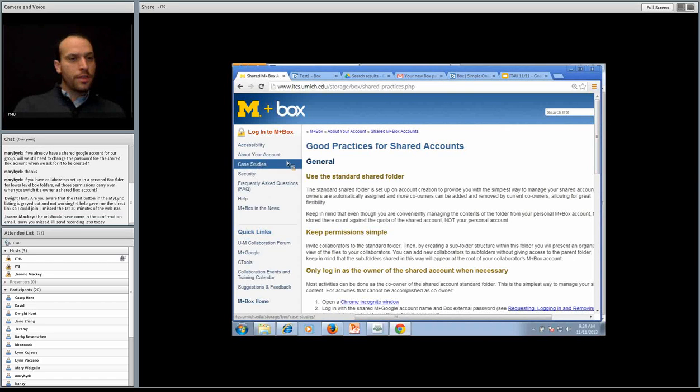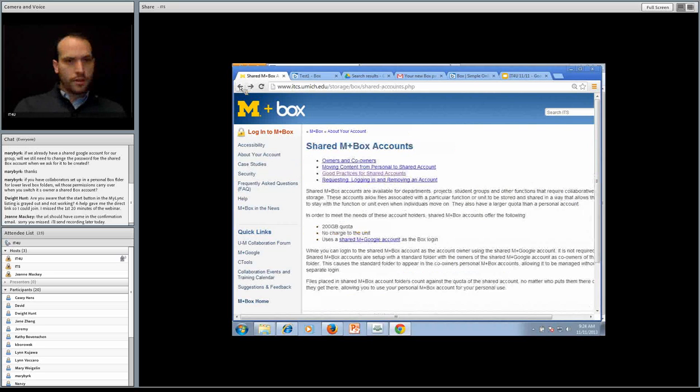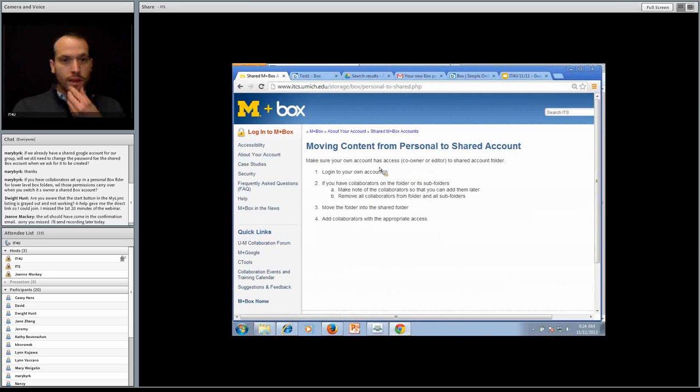And I think we do have this documented. I don't have it right at the tip of my fingers. Let me just take a minute. Here we are, moving content from personal to shared account. This is our best practice for moving, for the demo that I just did. And the second point here, I think, speaks to your question,